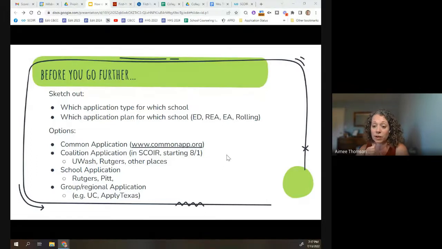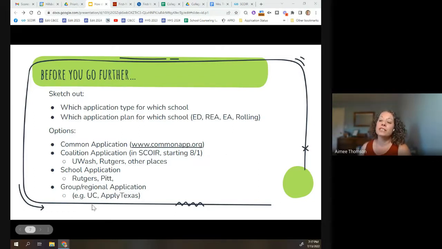Pitt's a real early one. They're usually ready to go on their own website, and that tends to be one of the schools that students apply to on the early side because they have rolling admissions, and for some students it can be very relieving to know in October or November that they've gotten into a college that they really like. The University of California application for students looking to apply there has a very specific window of time. At some point in the fall, you can start working on it, but it can only be submitted during the month of November. So it's a little bit funny. That's the University of California and the Cal State system.